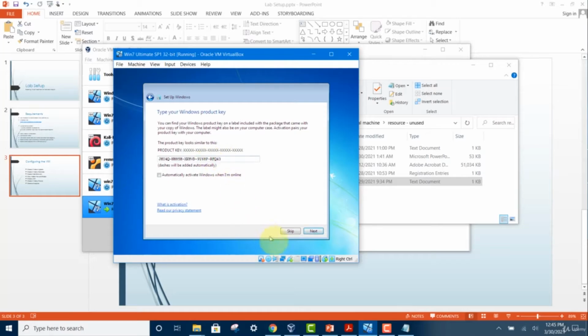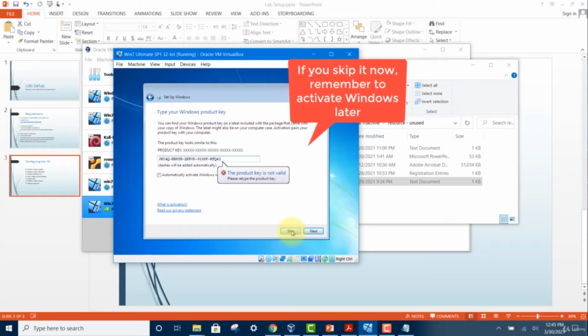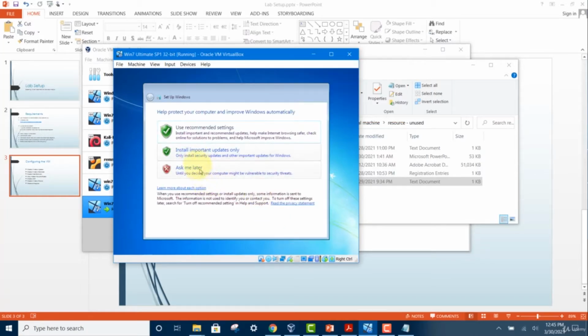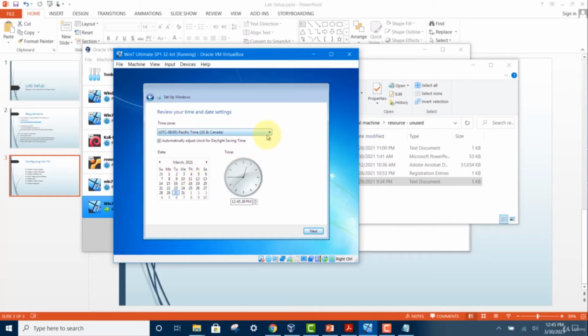If you don't have the product key, you can just skip and do it later. So in this case, we just skip this now and just click skip, and then here click on ask me later, and here you can set your time zone if you want,